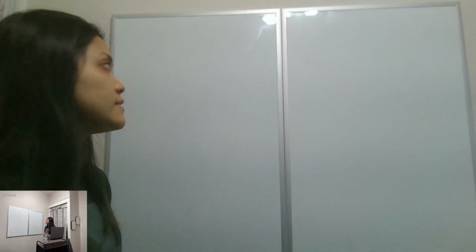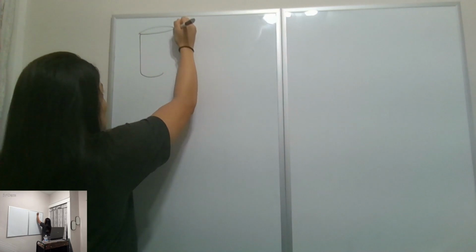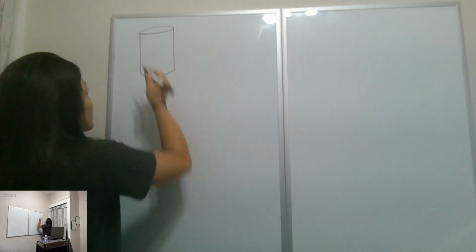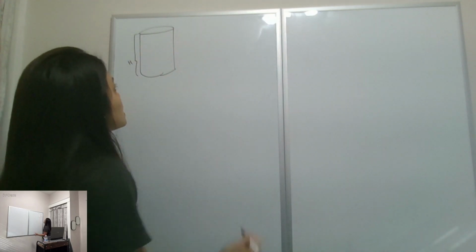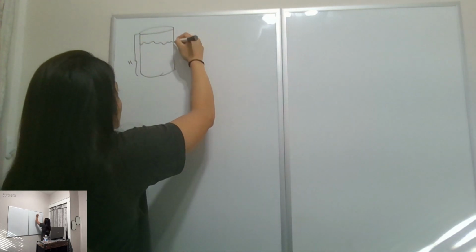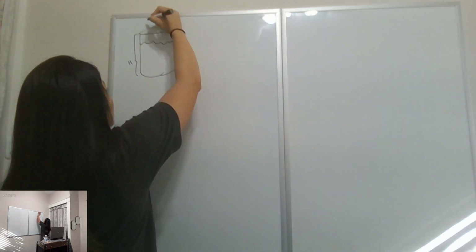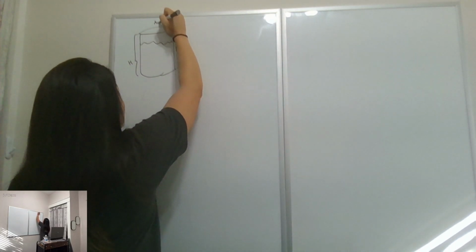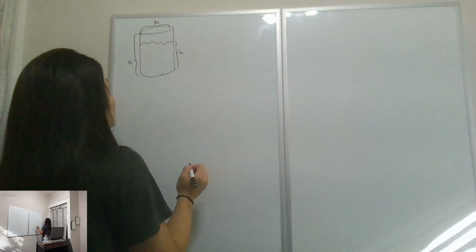Hello. In today's video, we're given a problem that deals with a cylindrical tank where we're told that there is a height of the tank, which we define as capital H, and then there's fluid in the tank at a height that is defined as lowercase h. We are given the cross-sectional area of the tank, which we define as AC,